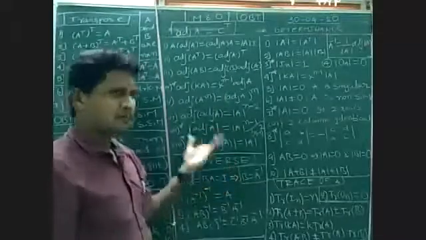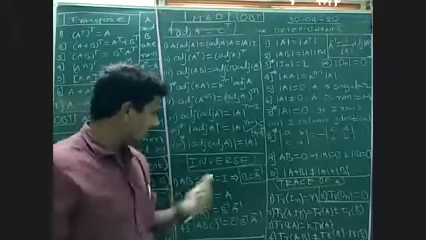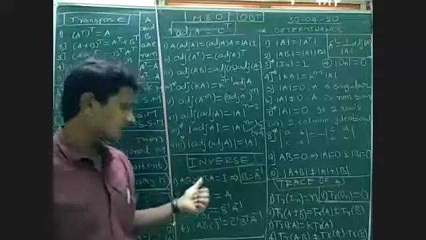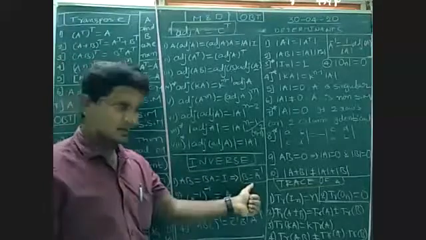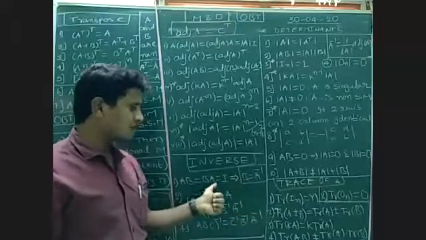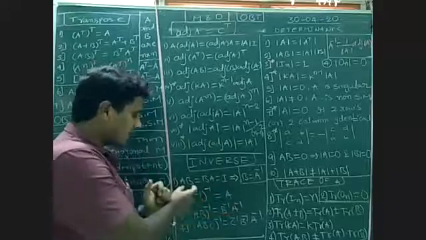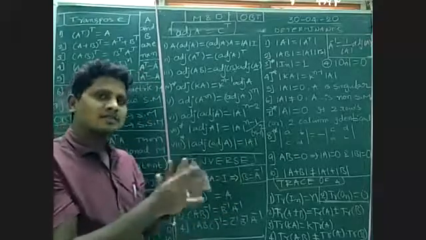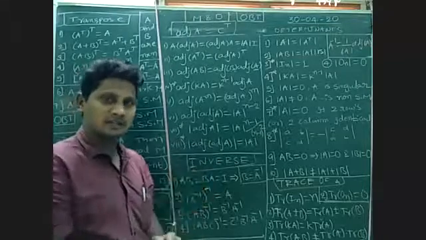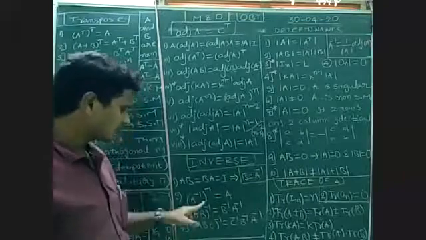Few other properties are also there, but that is not necessary. Let's see here inverse of A matrix properties. AB is equal to BA is equal to I. Always B is the inverse of A, because on the right side we got identity. Whenever the product of two matrices gives identity, the two matrices are inverses of each other. A is inverse of B, B is inverse of A.